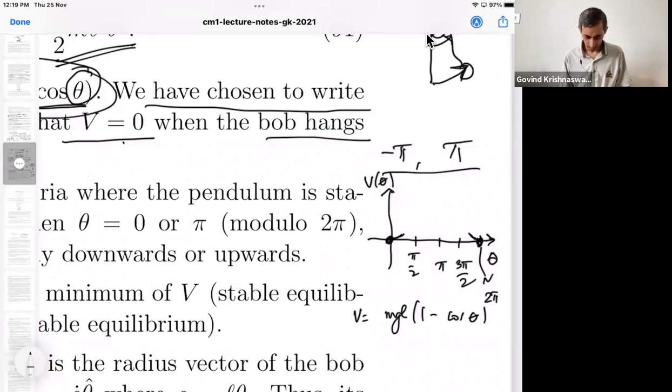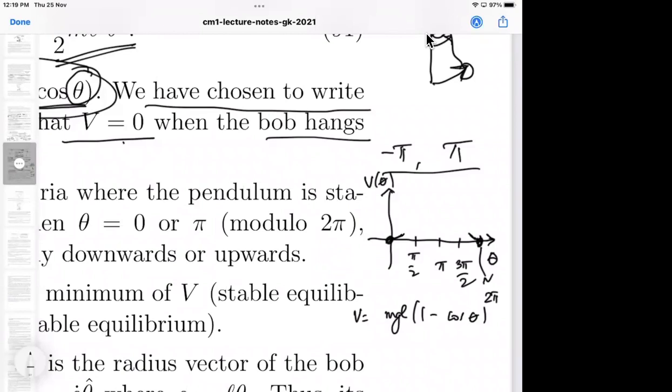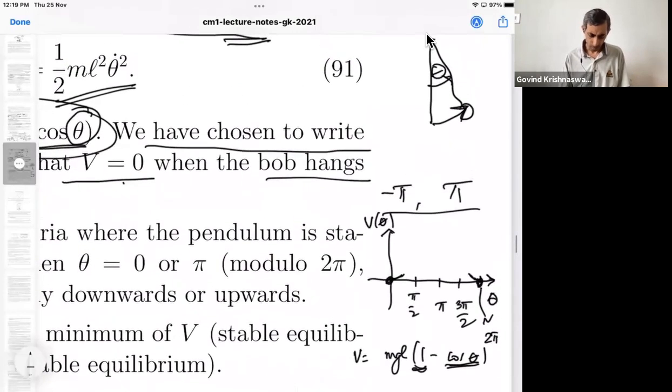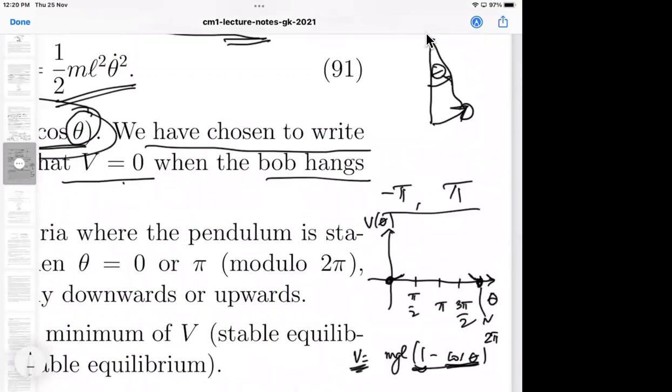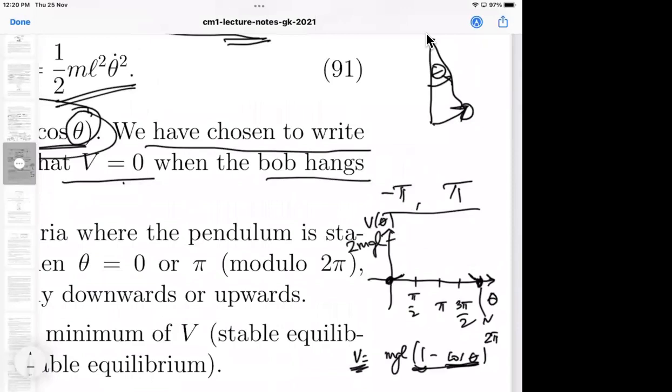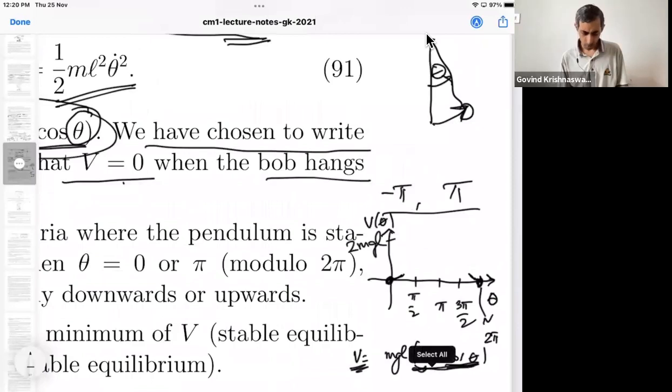Goes up, and does it ever become negative, by the way, this potential? No, sir. You're right, it never becomes negative because the cosine is always bounded between -1 and 1, and we are adding 1 to that, so it can never become negative. Furthermore, the largest value we can take is how much? MGL. No, sir, 2 MGL. Okay, that's better, 2 MGL, because this sum can at most be 2, when cosine is -1. Very good.